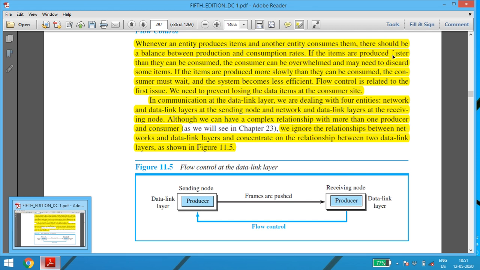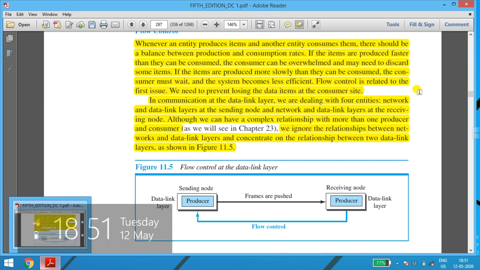If the items are produced faster than they are consumed, the consumer can be overwhelmed and may need to discard some items, because the receiver is not able to receive all the information as it is very slow compared to the sender. If the items are produced more slowly than they can be consumed, the consumer must wait and the system becomes less efficient.